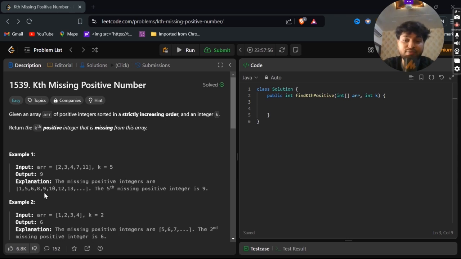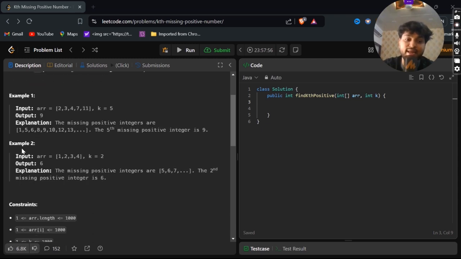On our fifth index, 1 2 3 4 5, 9 is there, so that's why our output is 9. Suppose in this same example, if k is 7, what should be our output? Exactly, our output should be 12. How? 1 2 3 4 5 6 7. On the 7th index, 12 is there, so 12 is our output.